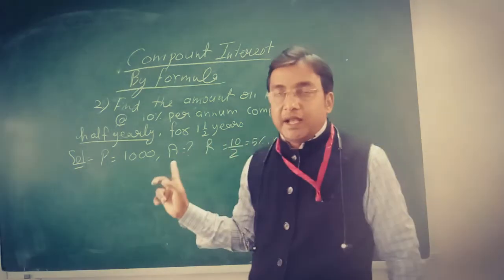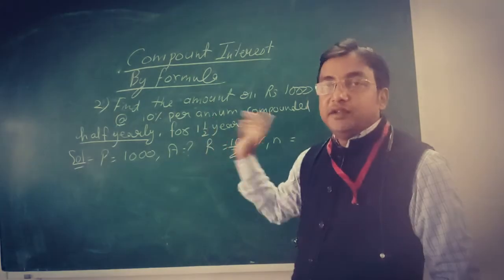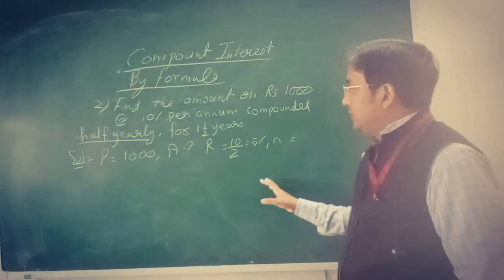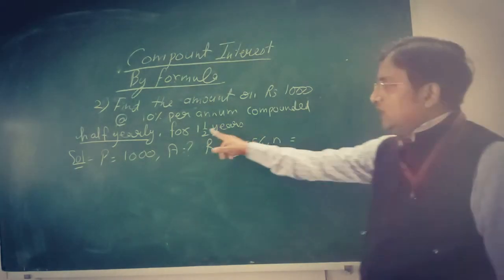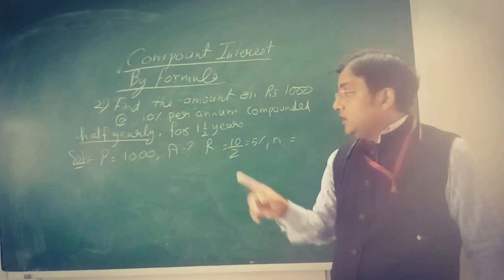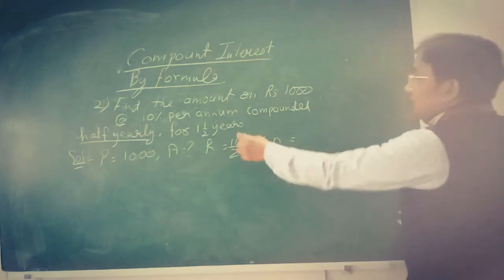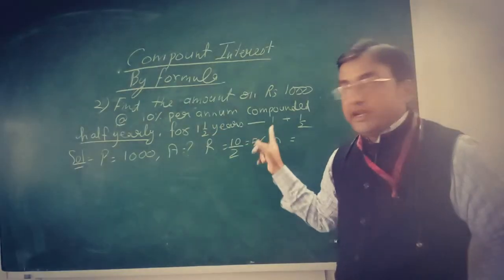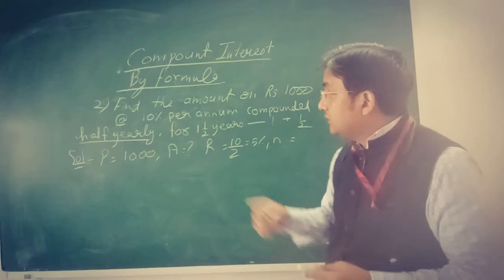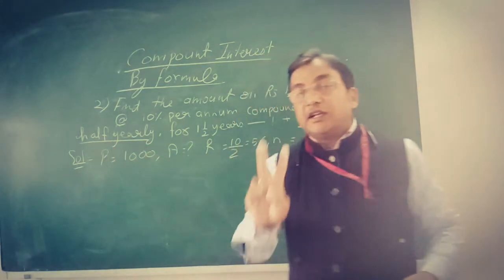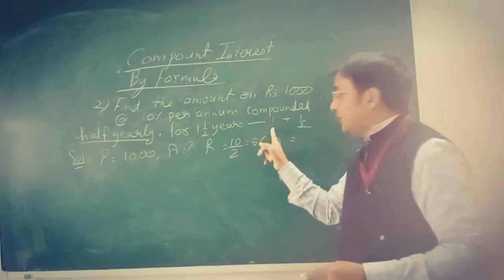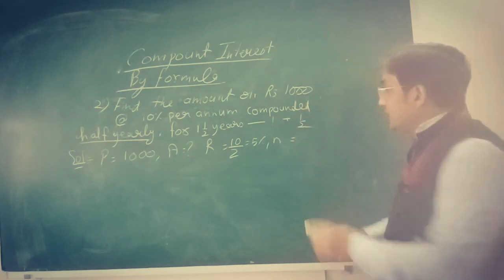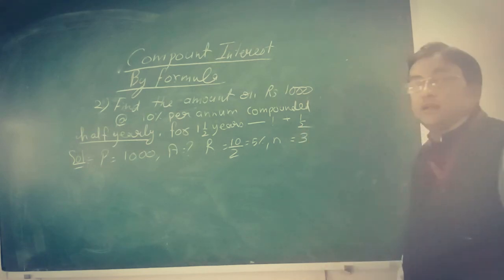Now it's time for N. This is 1.5 years. Okay. 1.5 years means 1 year and half year. Now tell me, in 1 year, what are the things? इसका क्या मतलब होता है? 1 plus half year. In 1 year, how many half years are there? You have to change the value. In 1 year, there are 2 half years. Okay, it will be 2 half years plus this is already a half year. So 2 plus 1 is 3. N will be 3.